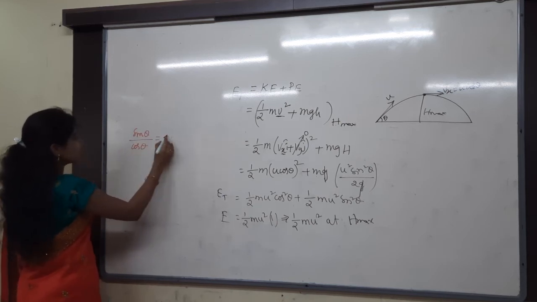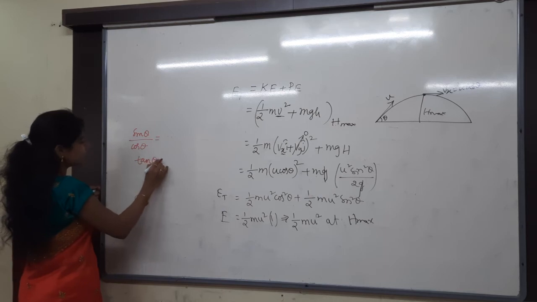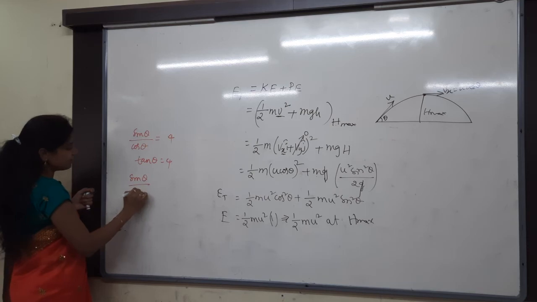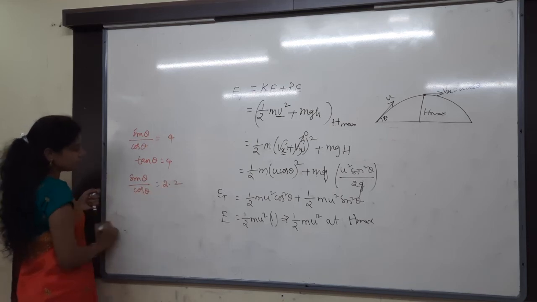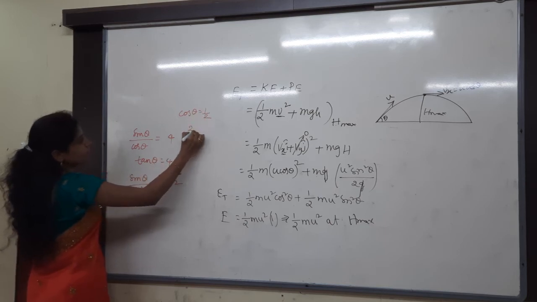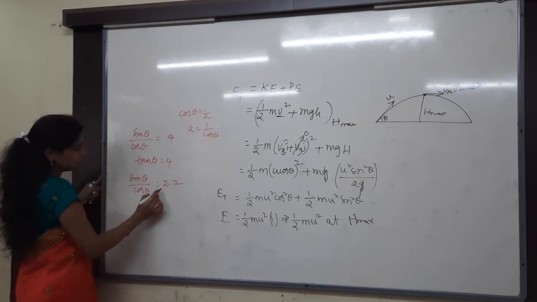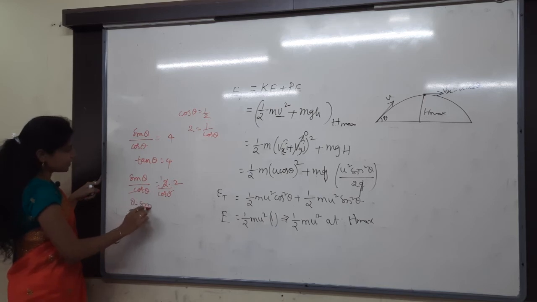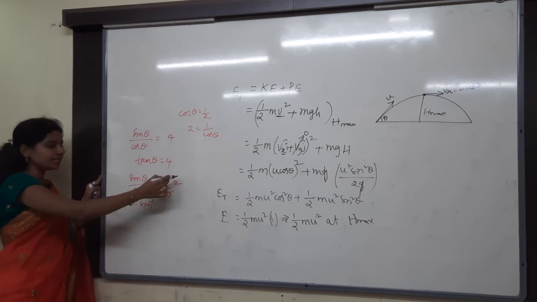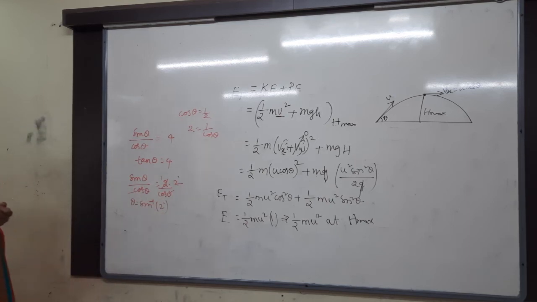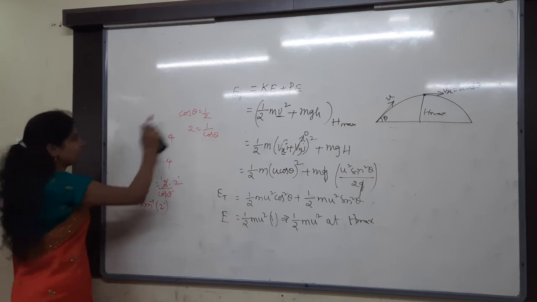See that sin theta by tan inverse of 4. Tan theta is equal to what? We got 4. So 4 means I can write sin theta by cos theta is equal to 2 into 2. Then cos theta is equal to 1 by 2. Then 2 is equal to 1 by cos theta. Then cos theta gets cancelled. Theta is equal to sin inverse of, this is not the value, that is a degree. 2 degree you will get. Okay? Anything is correct only. Don't go into this much depth, as we have a direct formula.